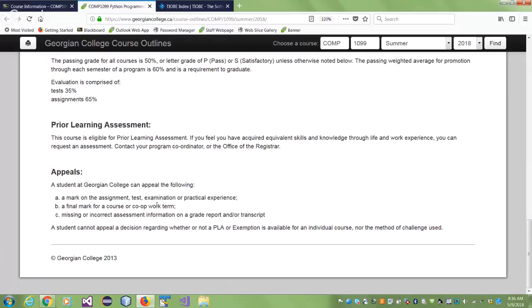And so I don't think I've ever had an appeal in the 16 years I've been teaching here. Because if your assignments are clear, do this, do this, do this, and here is the rubric that tells you where and how you get marks, then there is nothing to lose. You will always have feedback from me. You'll always have a rubric back from me so that you know exactly where and why you lost marks.